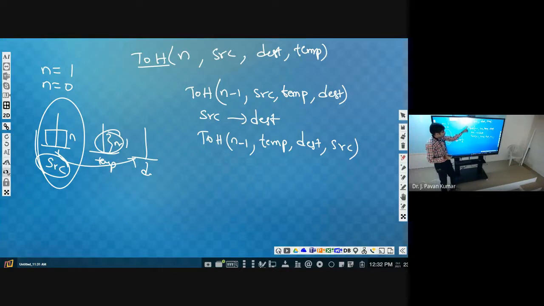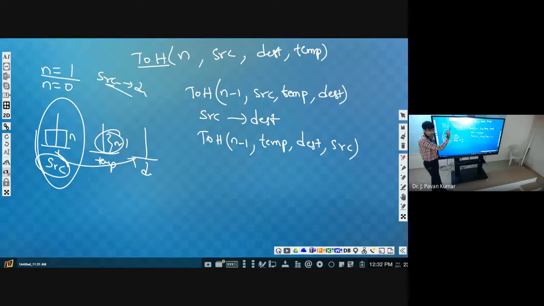So how we can specify that one here? Suppose if you leave like this, what will happen? It will keep on calling, isn't it? 4 to 3, 3 to 2, 2 to 1, 1 to 0, 0 to minus 1, like that it will keep on calling itself. But somewhere, as we have discussed base cases, some stop should be there, right? Where is that? Whenever we have only one, then source to destination, that is a direct step, right?